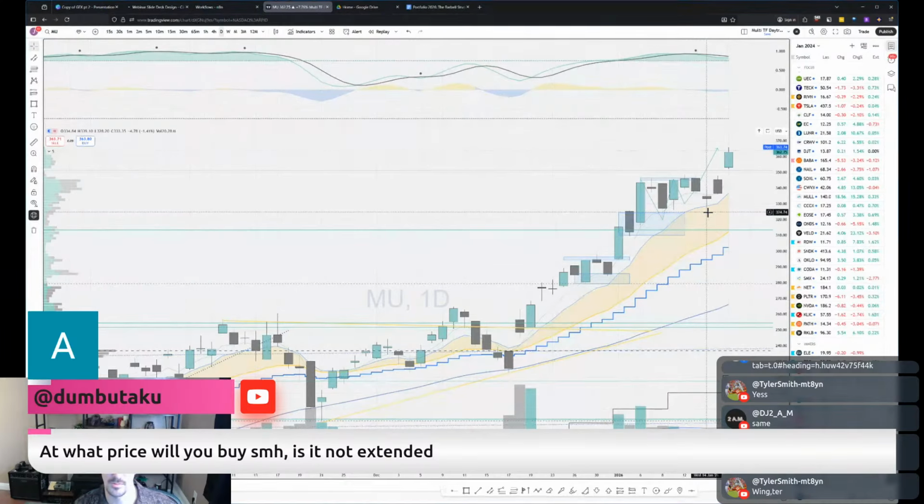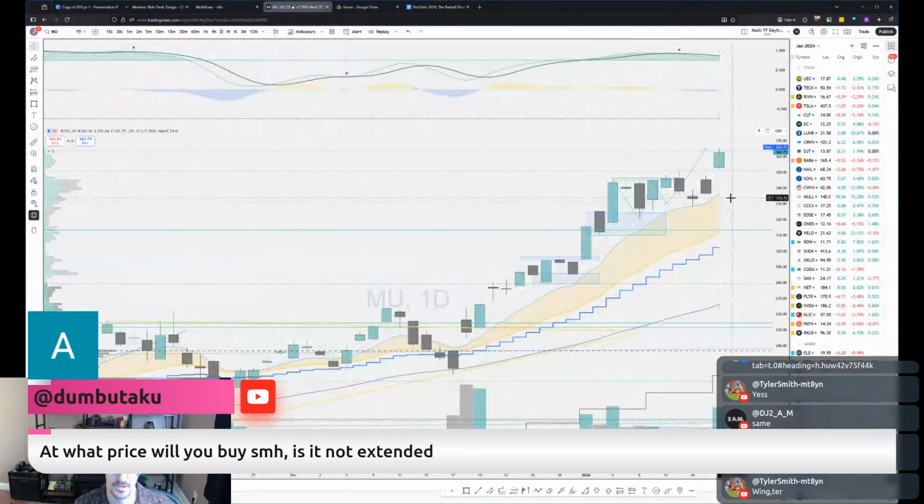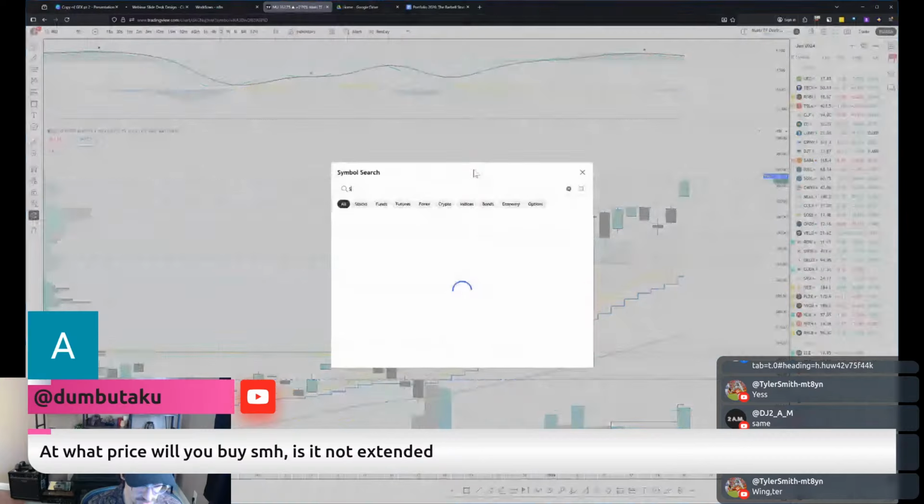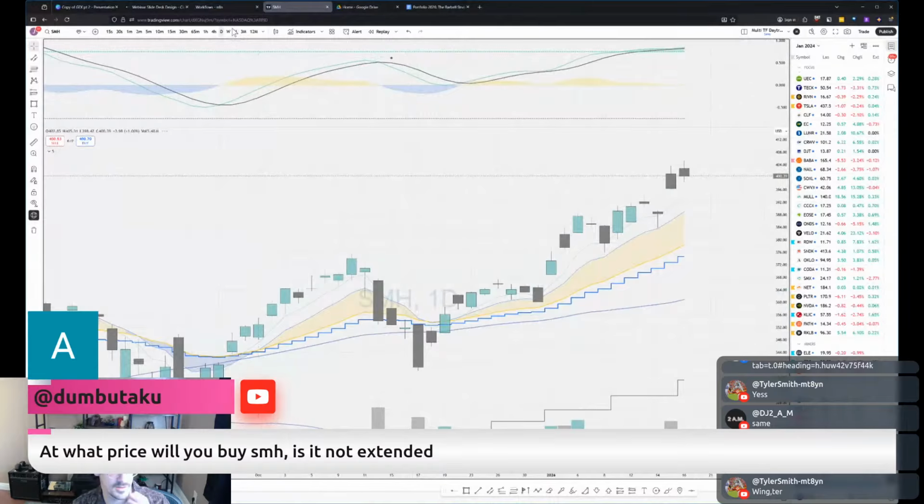So it's hard to buy these high flyers because you have to practice risk management. You have to be willing to say, hey, if it closes under here, I'll wait till it comes down here and then I'll try again. Till it comes down here and I'll try again. So how do you buy something that's extended? Well, for SMH, the idea is that it is